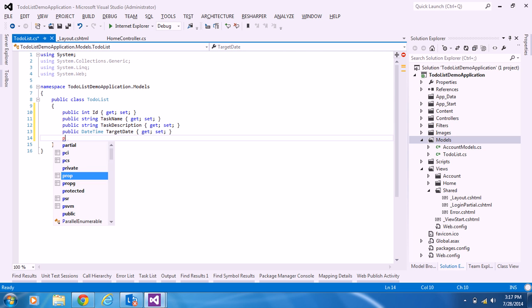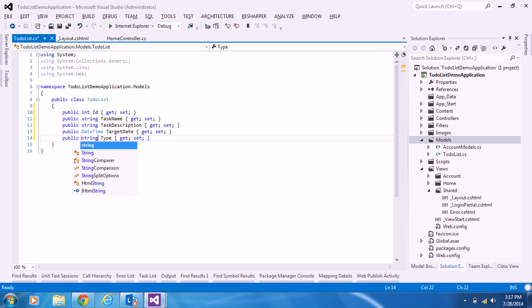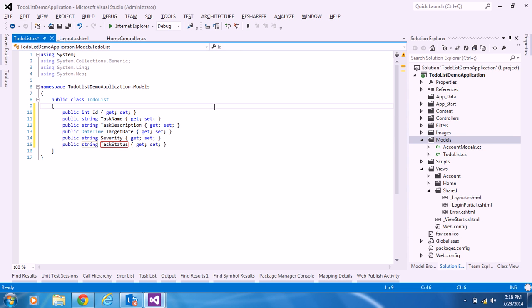Let us also give severity to this. And last, task status, whether it is active or inactive. So now we have created a model with one class which contains all the set of properties,